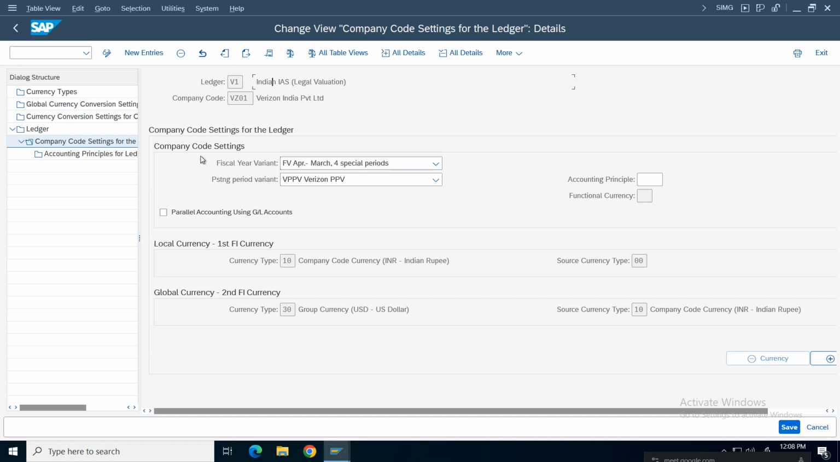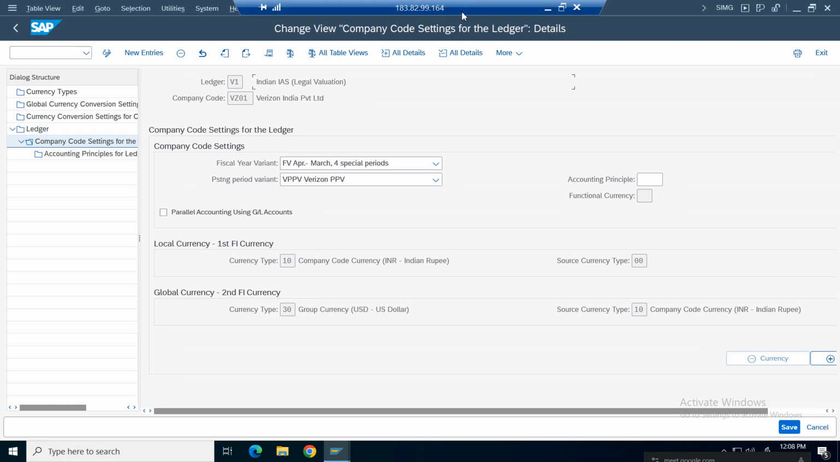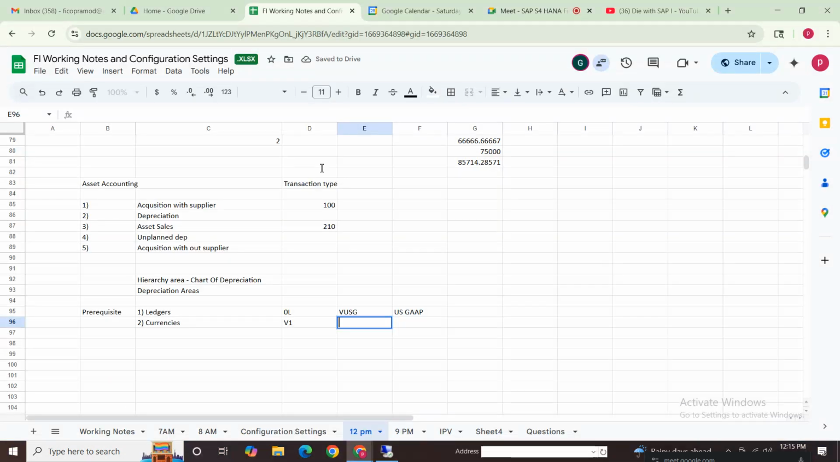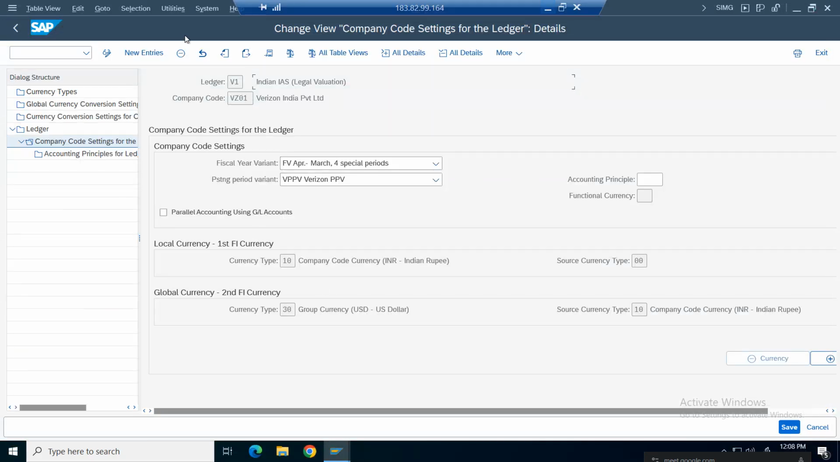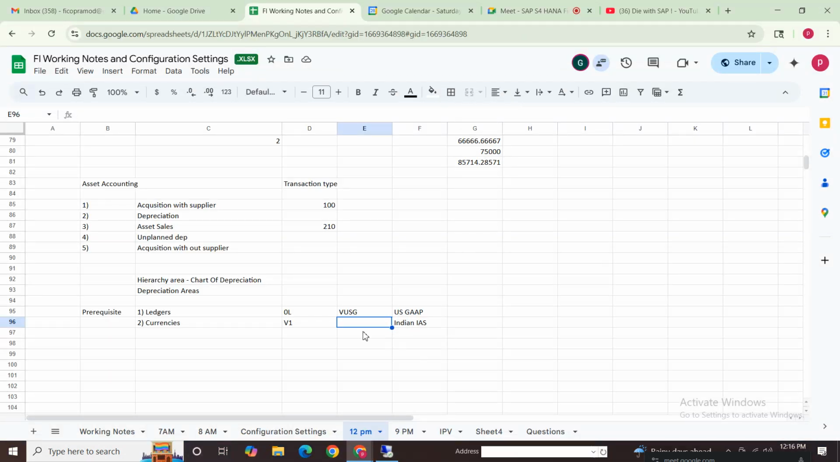In Indian accounting standards, Indian. Okay, so V1, and this is for the Indian IS. So here I'll just mention V1, and this is for IAS, something like VIAS, I think, Indian IAS. This is a description. Here we can see what your accounting principle is, VIAS. Okay, so now these are the two